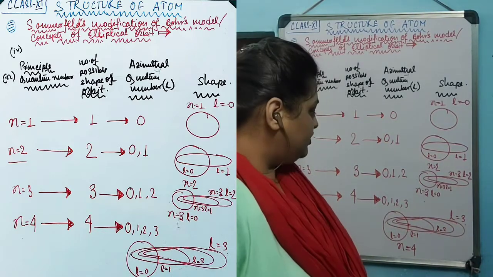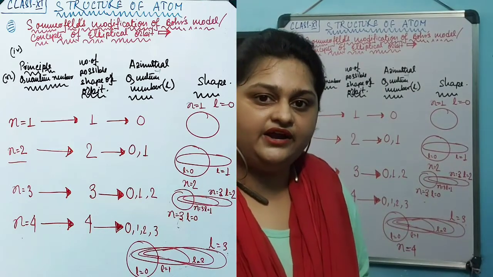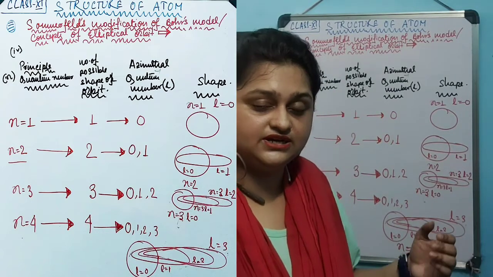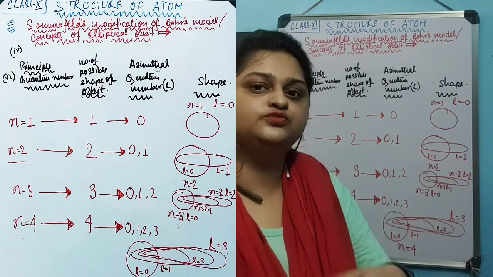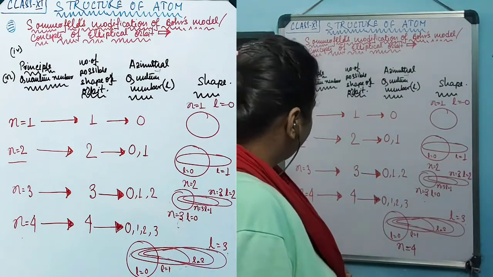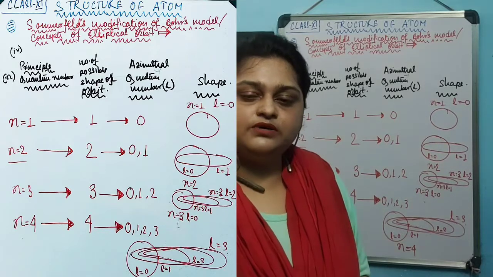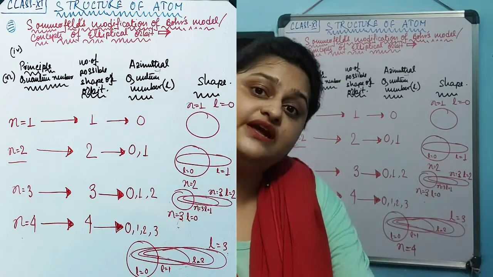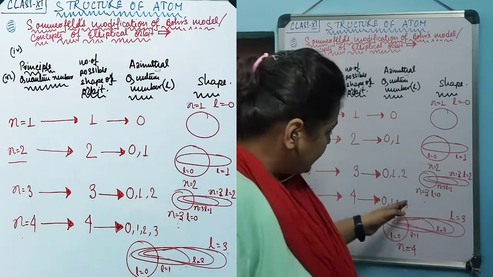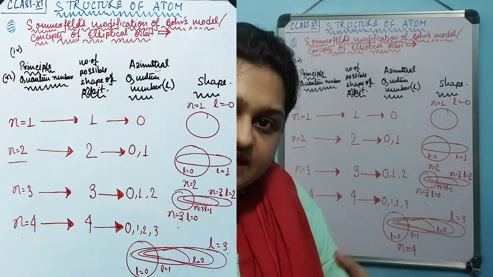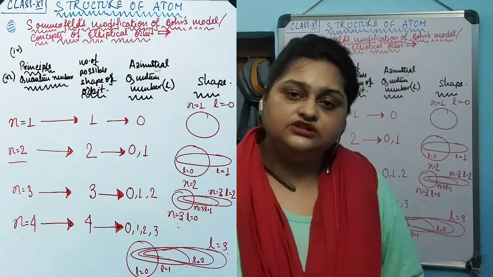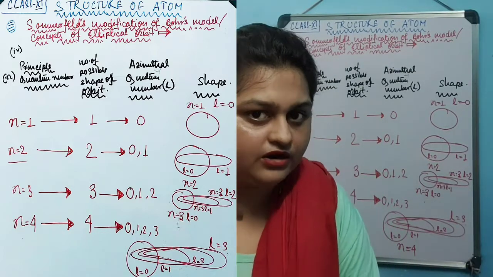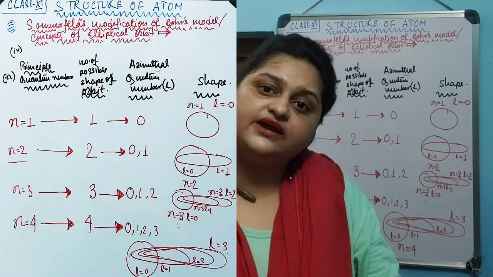So each circular path and elliptical orbit is designated by a number, and this designated number is known as the azimuthal quantum number. The principal quantum number represents the distance from which the electrons are revolving and at what energy level they are revolving. The azimuthal quantum number designates the shape of the pathway at which the electrons are revolving, whether they are elliptical, more diffused elliptical, or circular.